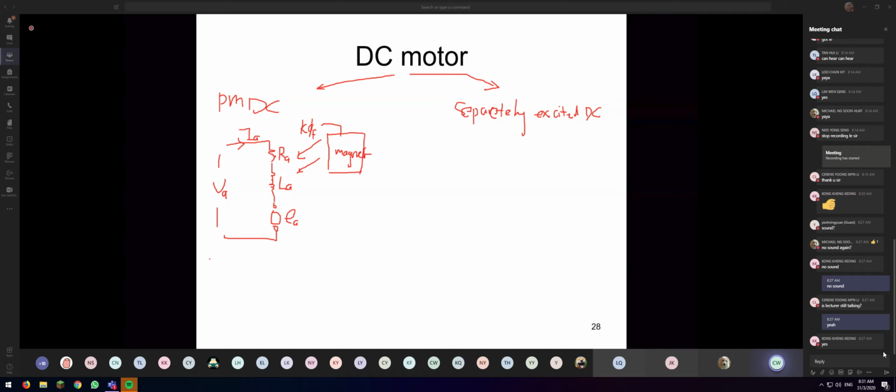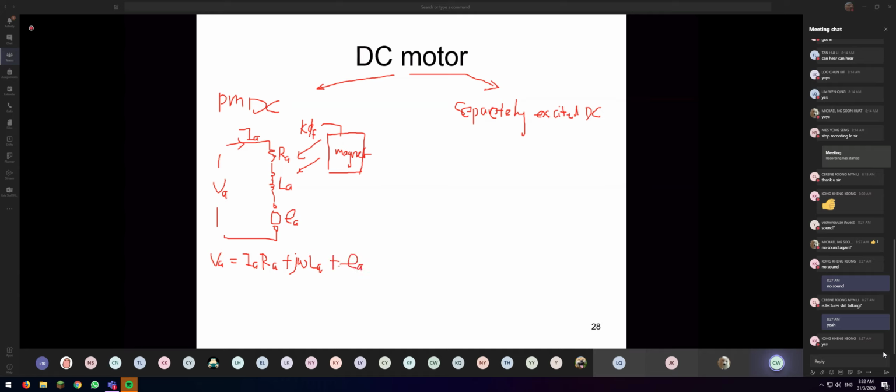During the instantaneous condition, that means during the build-up condition, VA is equal to IA RA plus the inductor side, omega, where omega is the rotating speed of the motor, times LA, plus the back EMF, the EA